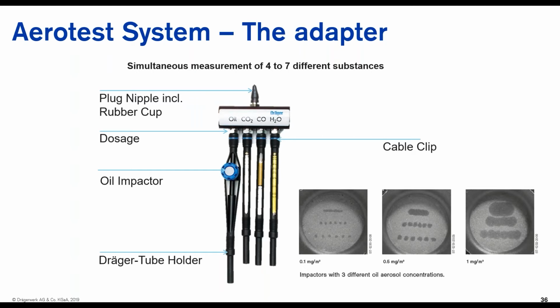And with this adapter, it just requires the length of test time to take measurements. If you look into the adapter itself, it's labeled indicating which tubes are to be inserted. For example, the CO. Let's say you are inserting this carbon monoxide tube, you need to ensure that the tube is inserted correctly into the correct tube holder. The reason why is because the adapter itself, as I mentioned earlier, is designed to provide a fixed flow rate.